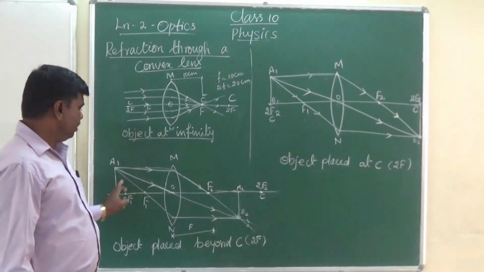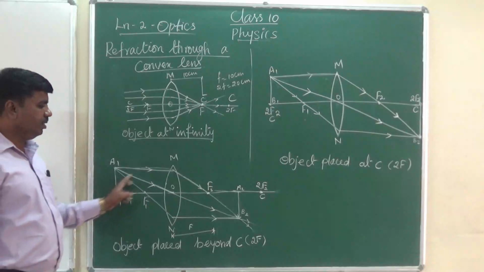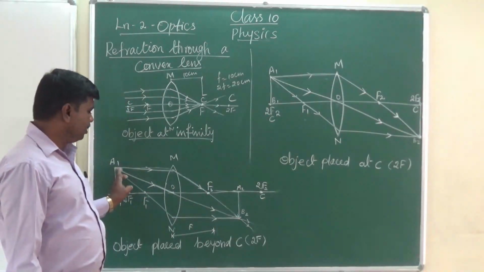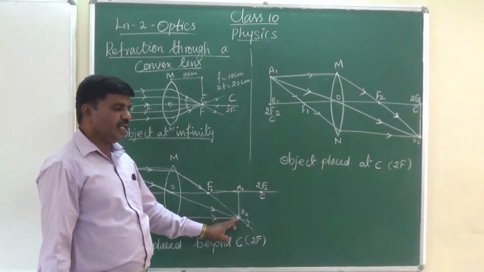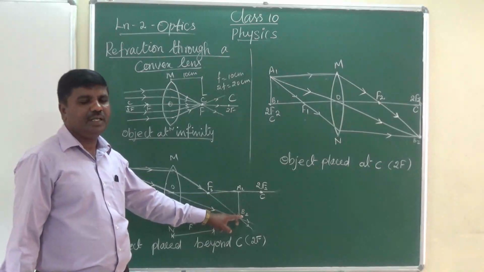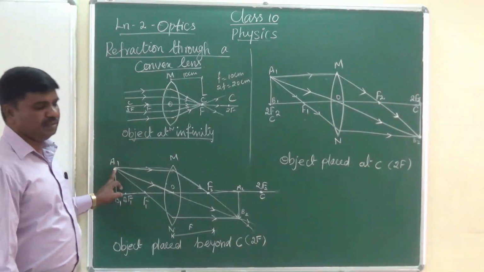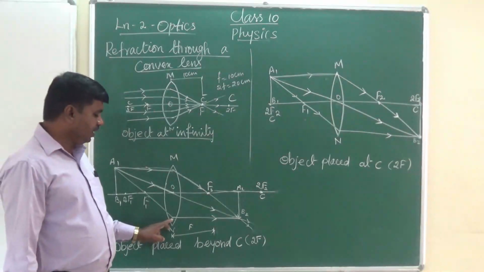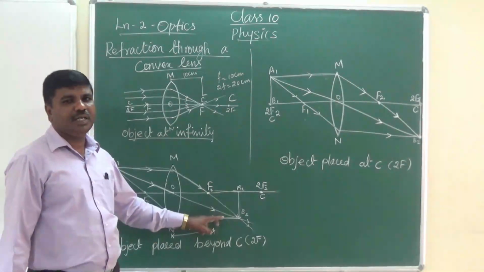Here we have drawn the rays beyond 2f, which come and hit the lens and form the image. It is from the center of the optic axis. It forms the real image, but the image will be inverted. The same way, the source of light rays which comes from the focal point, after it hits the lens, the rays follow parallel to the optic axis.